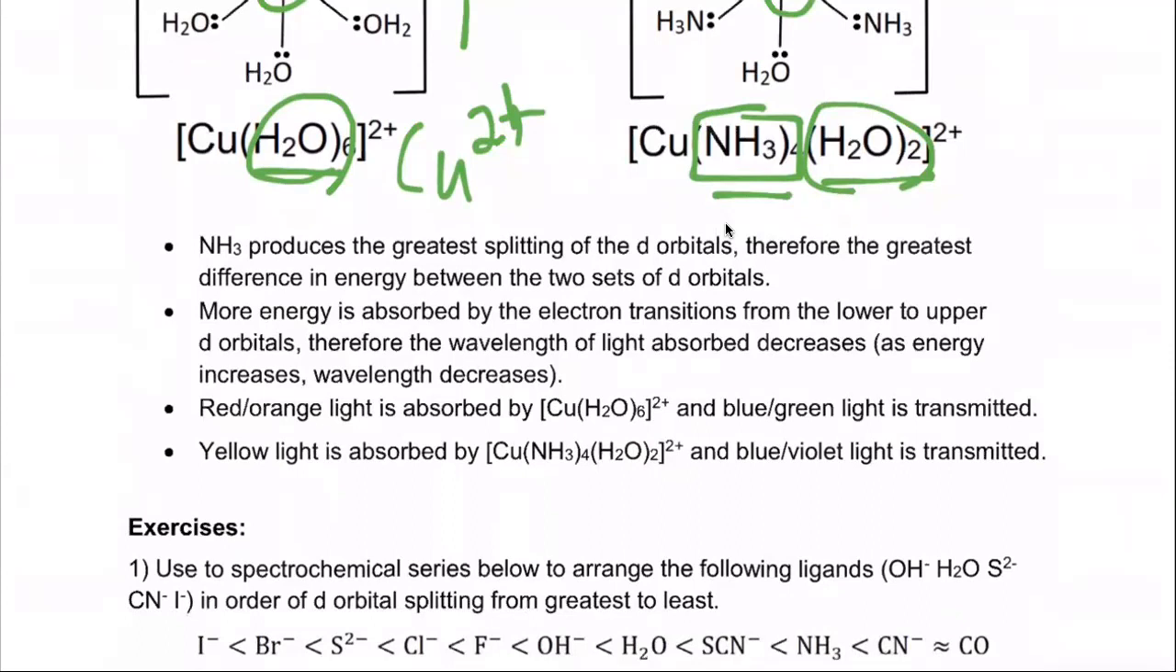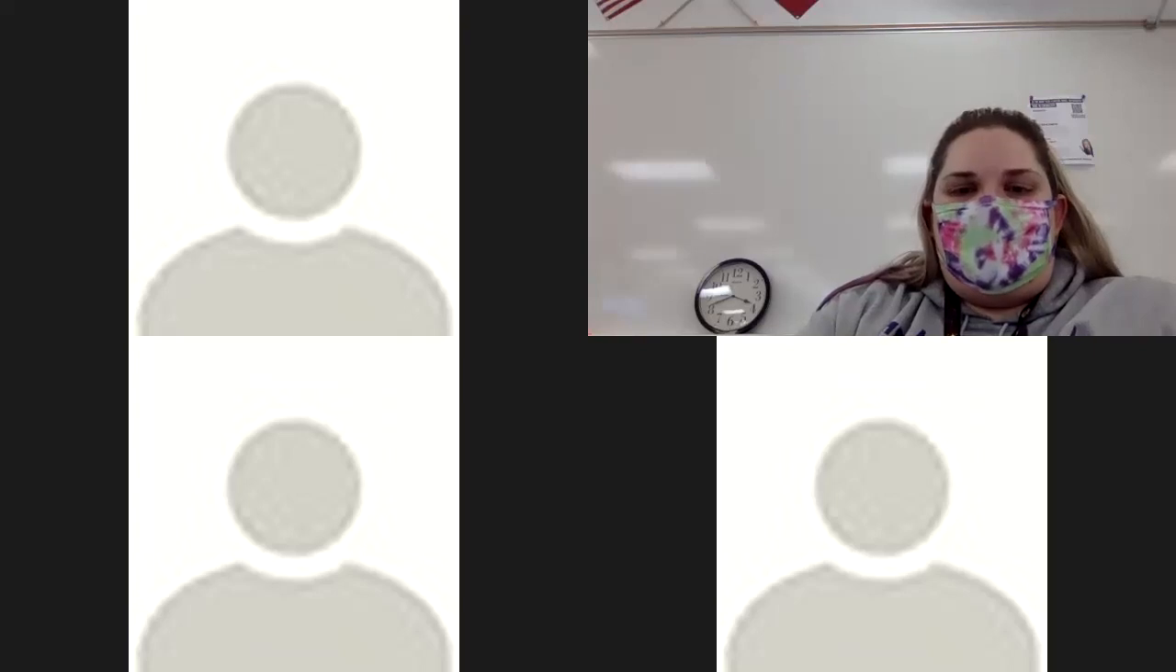So what you would see is that this one would be a blue or blue-green color because it's absorbing red-orange light, because it doesn't have as much of an energy difference, it's lower energy. The other one, we would see blue-violet because it would be absorbing more in the yellow range, because the NH3 molecules attached to it are going to give it a little bit bigger of an energy difference. Okay. So we are going to